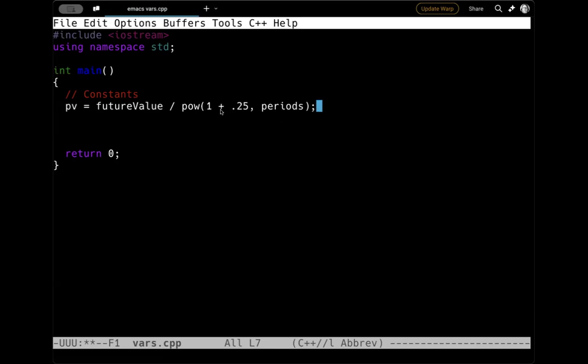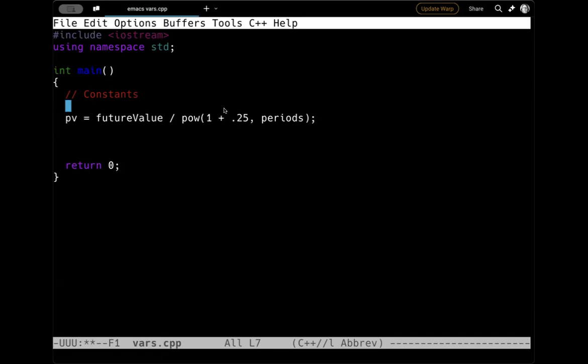But what you wonder about is what about this 0.25? What is 0.25? In this instance, 0.25 is a magic number, right? We don't know what it is. It's a literal right now. 0.25 is a literal that can't change, so we don't want it to be able to change. It turns out in this equation, this is the interest rate.